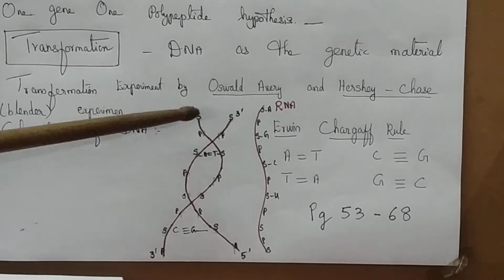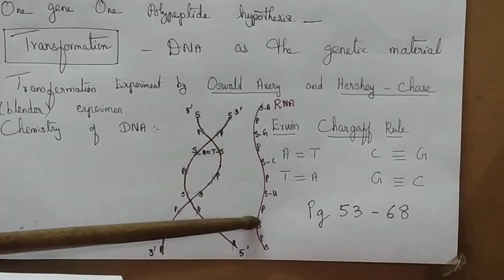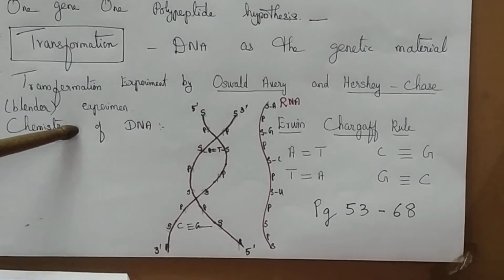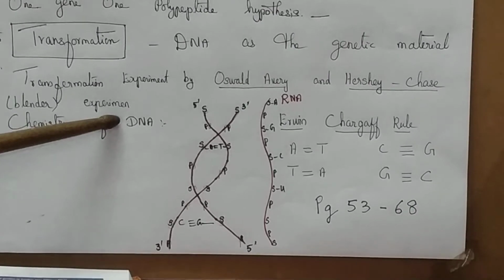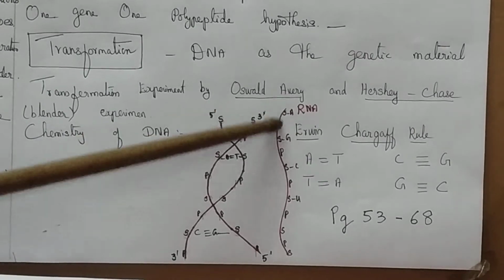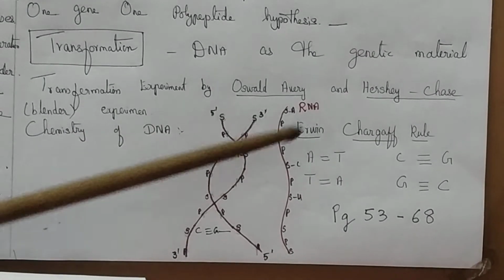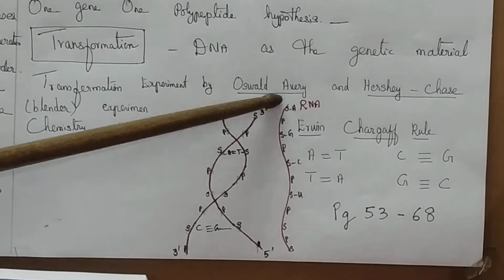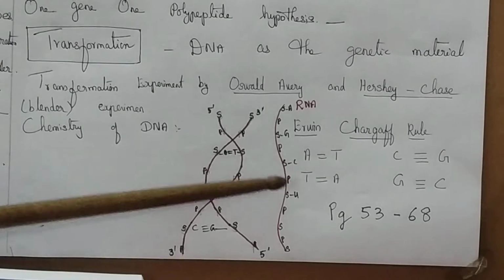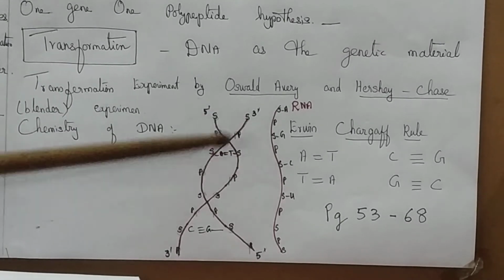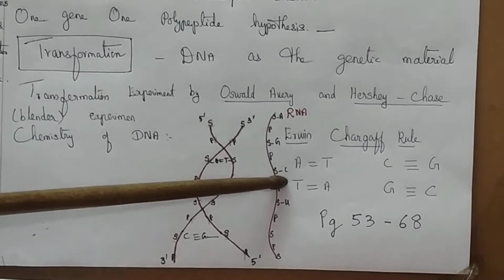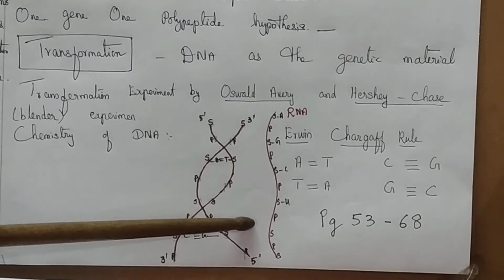And the next is the RNA strand, ribonucleic acid. There are 2 nucleic acids present in the nucleus. One is deoxyribonucleic acid, the other is ribonucleic acid. The ribonucleic acid is a single-stranded polynucleotide structure. Here also, sugar and phosphate are alternately arranged. Instead of thymine, it has uracil. What are the nitrogenous bases present in RNA? Adenine, cytosine, guanine. Instead of thymine, uracil is present.